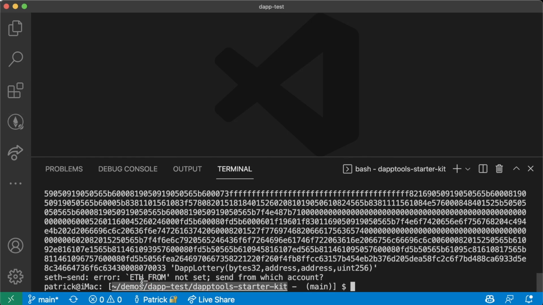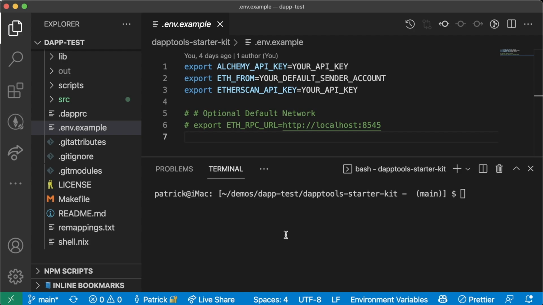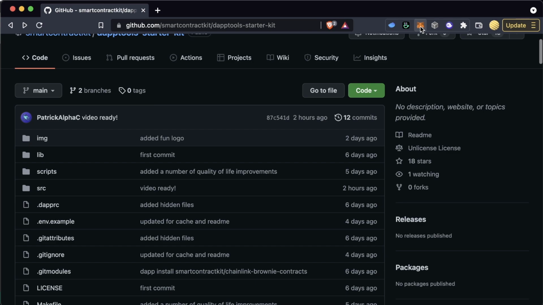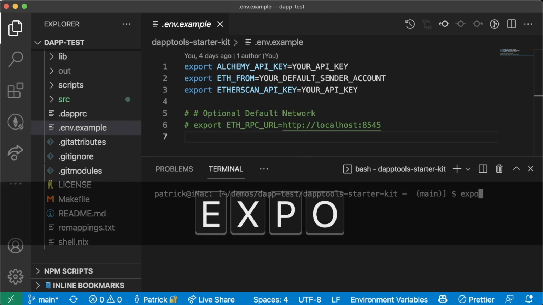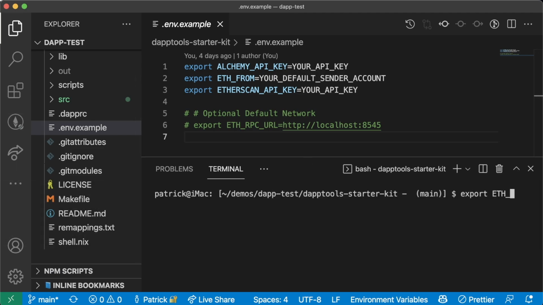Now, if we run this right now, we'll actually run into an error. We'll get this error saying ETH_FROM not set. Send from which account? It's looking for an ETH_FROM environment variable for us to be able to do all of this. The ETH_FROM is going to be the account that you want to send transactions from. We are going to be sending from our MetaMask. So we're going to come to our MetaMask, we're going to copy the address, and we could either do export ETH_FROM equals and paste our address in here